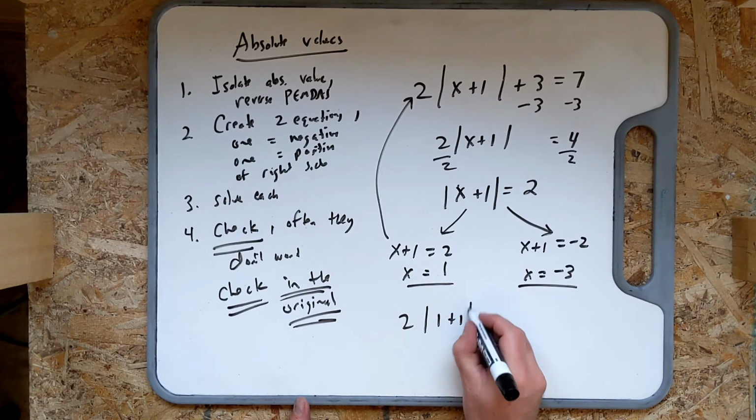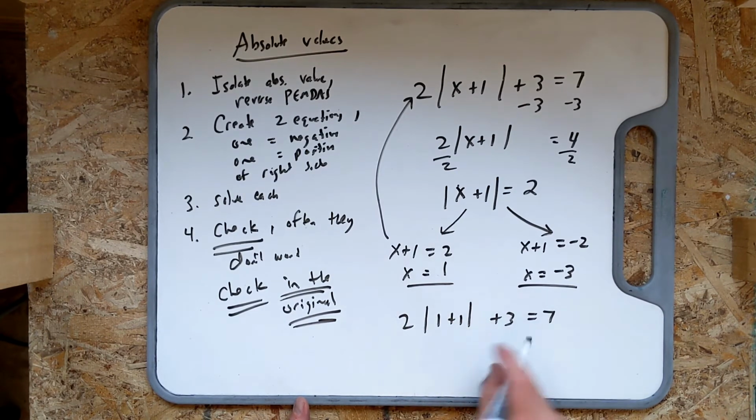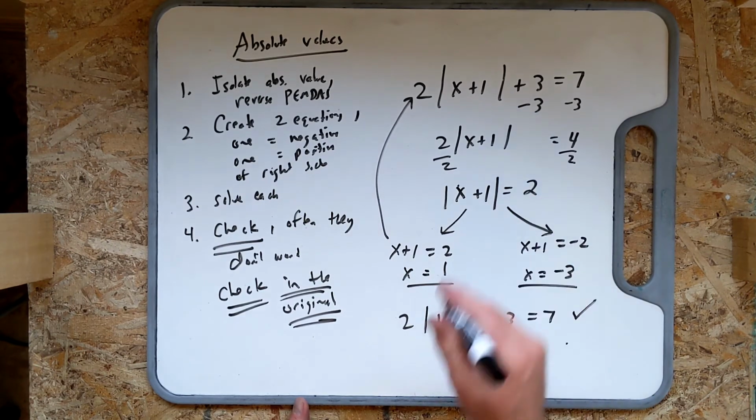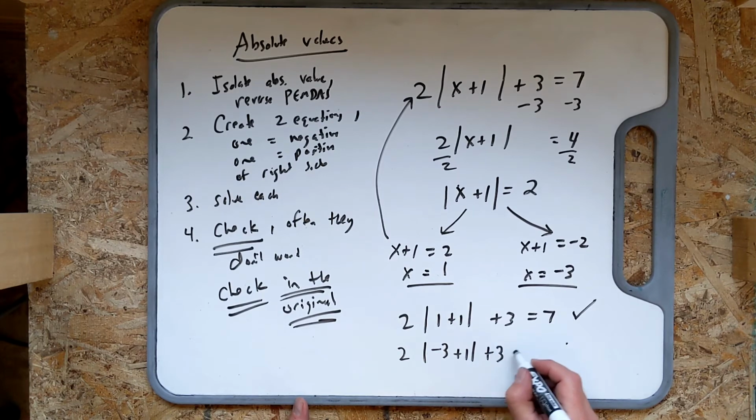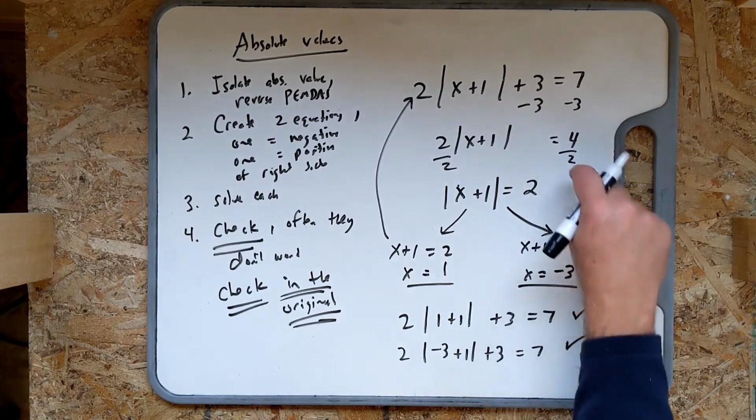2, 1 plus 1 plus 3 is 7. 2 times 2 plus 3 is 7. The other one, 2, negative 3 plus 1 plus 3 is 7. This is negative 2. Absolute value of negative 2 is positive 2, times 2 is 4, plus 3 is 7, and they both work. Now, most of the time they will work if there's just a number over here at this step,